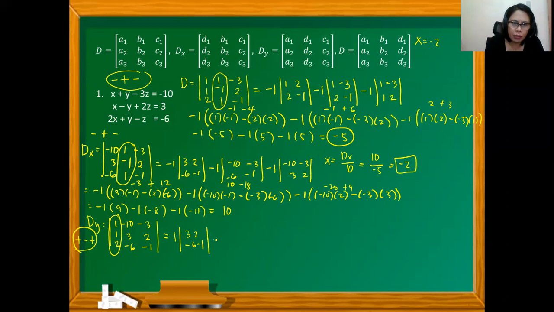And then minus the second element 1. So this will be eliminated and this. So there remains negative 10, negative 3, and negative 6, negative 1. And then plus 2. So this will be eliminated and this. So there remains negative 10, negative 3, and 3, 2. Okay. So simplifying this expression, we get,